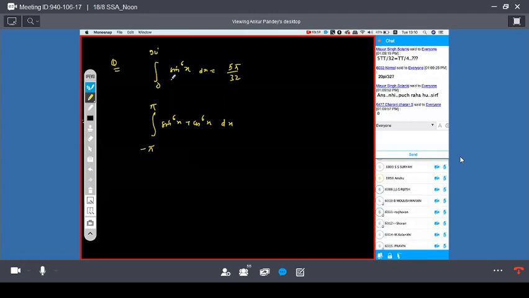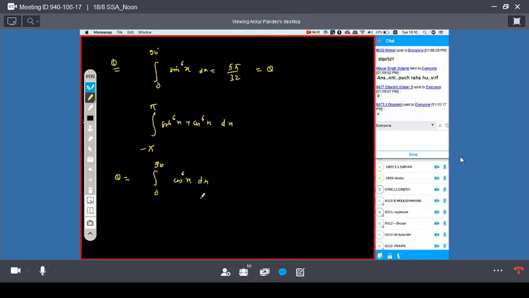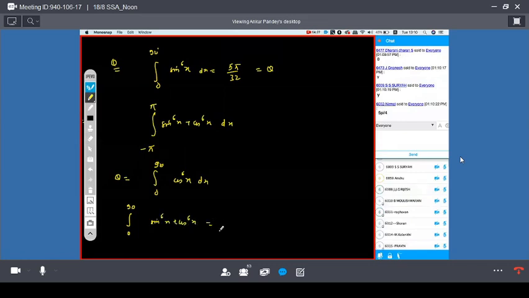Understand? If I count this as Q, do you have any doubt in saying that the question is also equal to the integral from 0 to 90 degrees of cos to the power 6x dx? Yes or no? So you know that the integration from 0 to 90 degrees of sine to the power 6x plus cos to the power 6x equals 5 pi by 16. Yes or no?